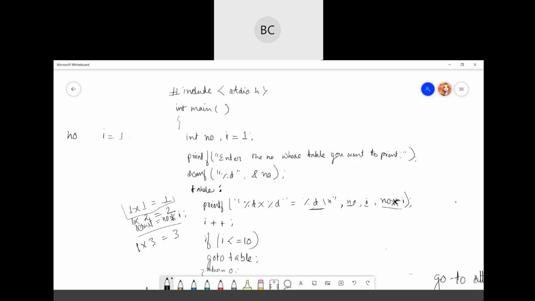For the table, your condition is that it will just do number into I equal to result. %d is the number, this %d is for I, and this %d is for your result, which is number into I. So this line will keep doing number into I, result 1, 2, 3, 4, and so on.